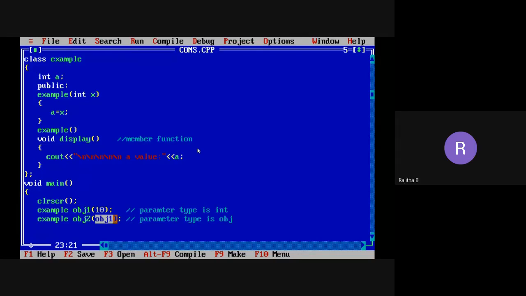Is my question clear? 10 is a value and its type is integer, so I take the formal parameter as an integer. Now the second one: I am passing obj1. What is the data type of an object?